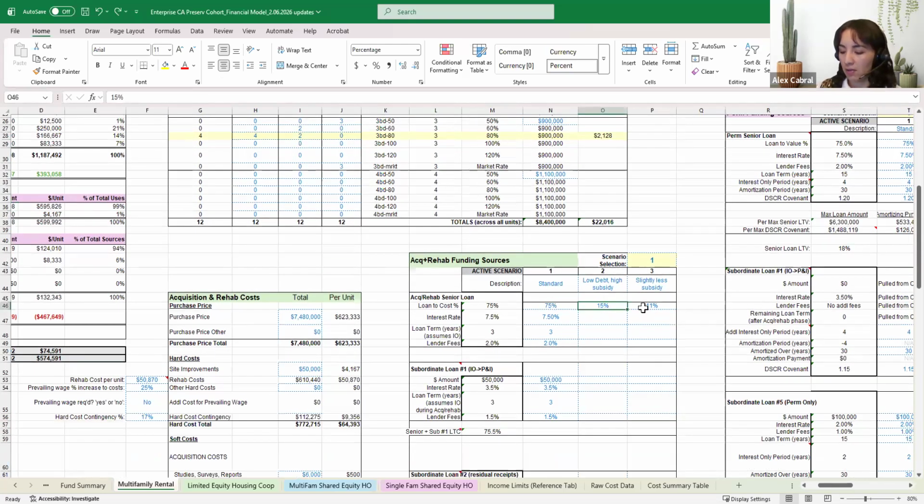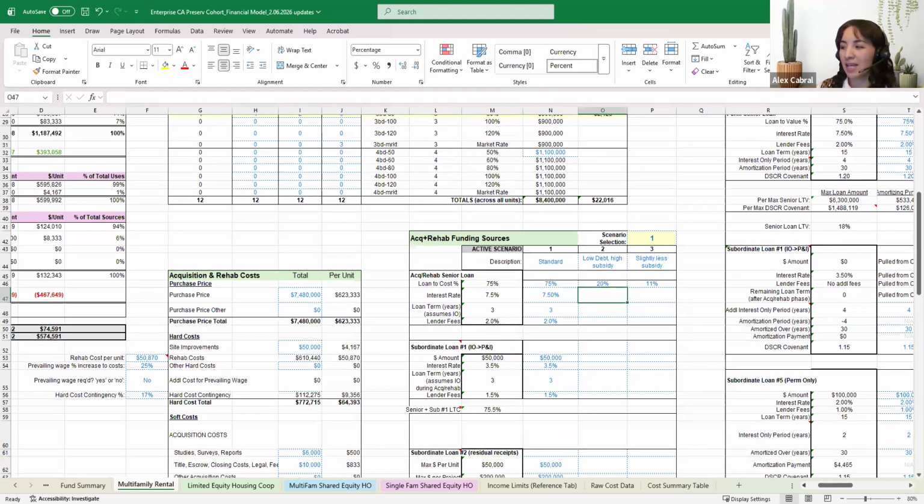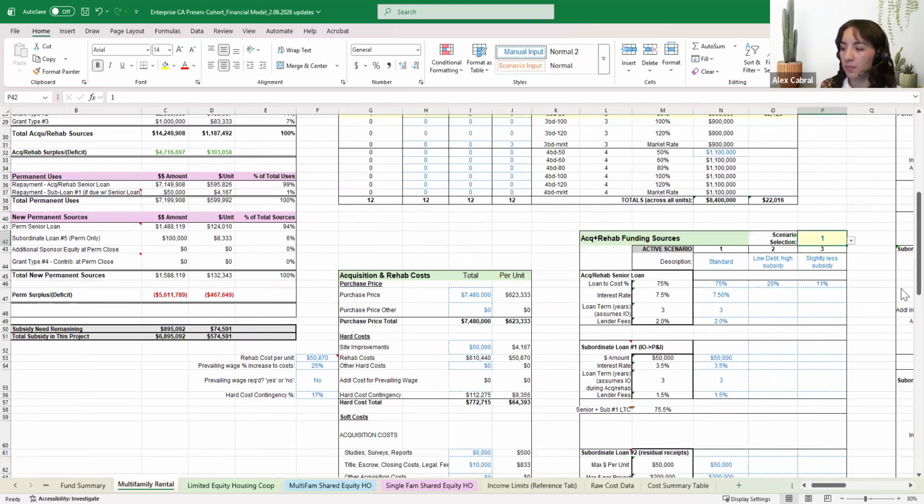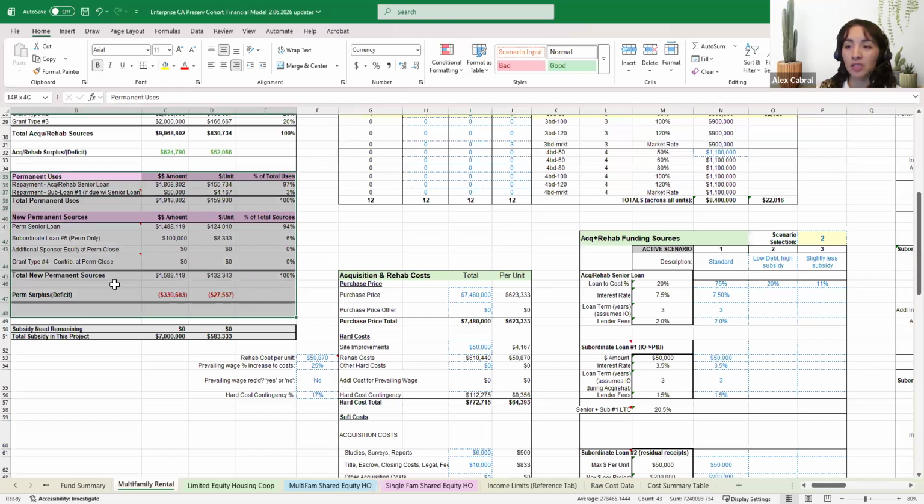I'm trying to figure out, I'll put in 20, what makes sense in terms of loan size. So I want to leave my assumptions in scenario one, but we're going to make some changes here. So I'm going to go to scenario two, and I'm starting off with a loan to cost of 20% instead of 75%. Now I can see here, when I look in perm sources and uses, my deficit is much smaller,